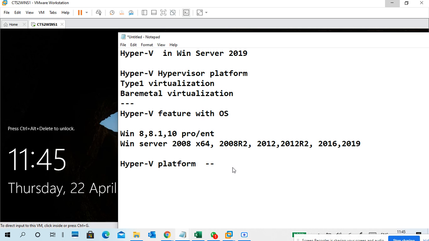If you can install the Hyper-V platform, you can create virtual machines and run them on your PC. Where the platform is there, we can create virtual machines and run them on it.